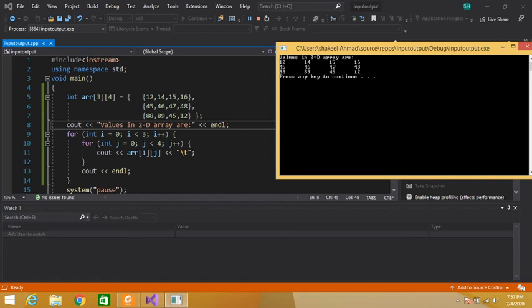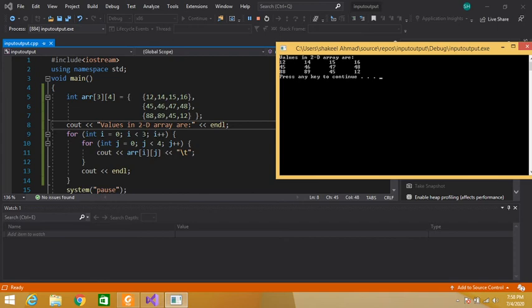The control will skip the body of this inner loop and jump here. Control will directly jump here and start a new line. So our pointer will be moved to this new line. Again, closing braces of our outer loop, so the control will jump here and increment the value of i, which was previously 1. So i, 1 plus 1 becomes 2.